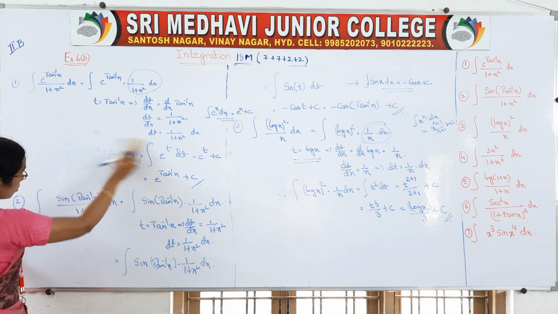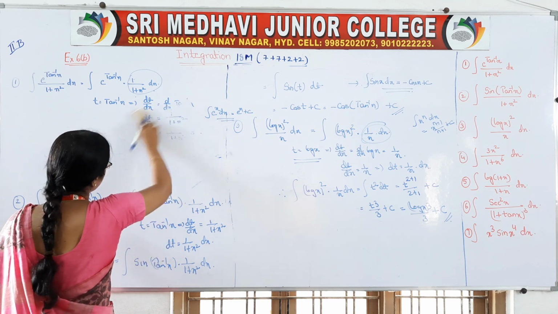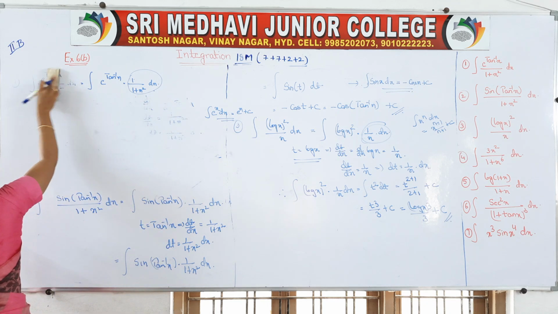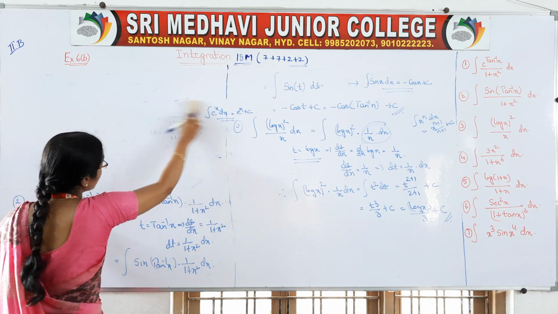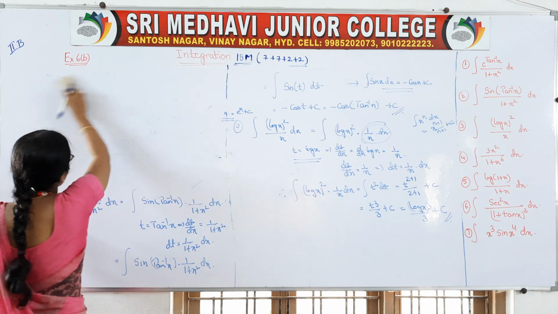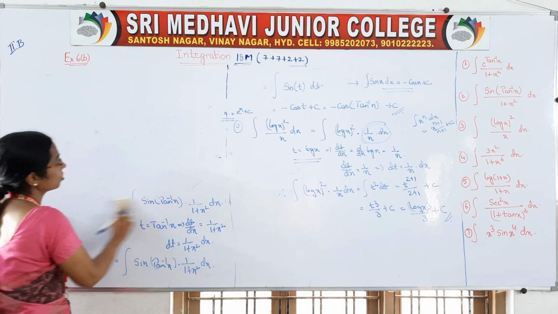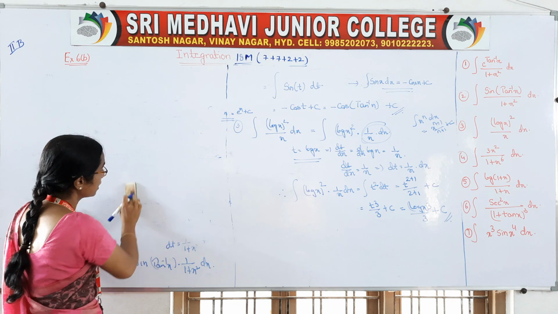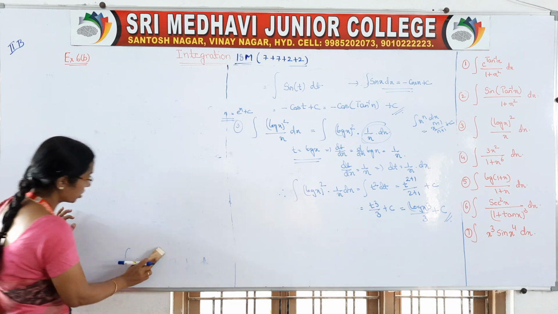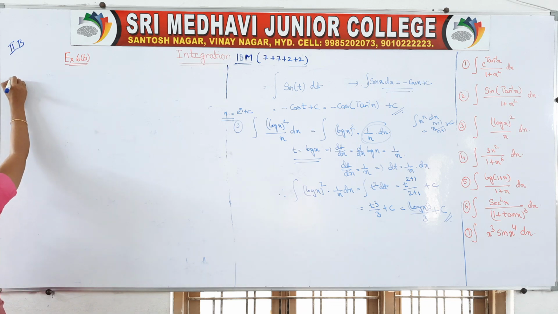Observe the fourth question carefully. From now onwards you will get the idea, before the teacher takes the t value, of which value should be taken as t, isn't it? Already we have done so many substitution problems. So now onwards we have to get the idea before the teacher takes the t value. Come on, see that question. What is the question number? 4. So in question number 4, what is the question?